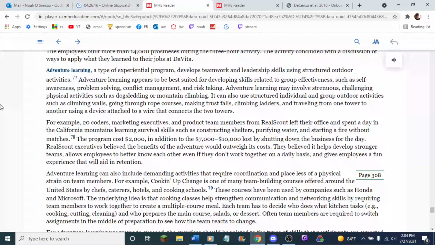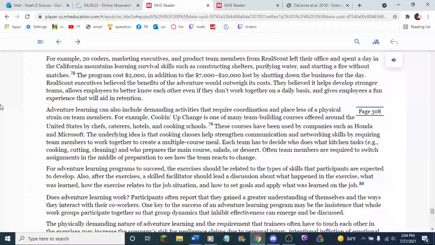It can also be structured individual and group outdoor activities such as climbing walls, going through rope courses, making trust falls, climbing ladders, and traveling from one tower to another using a device attached to a wire that connects the 2 towers. For example, 20 coders, marketing executives, and product team managers from Girl Scouts left their office and spent